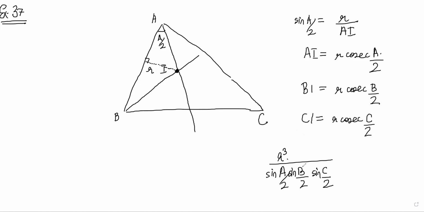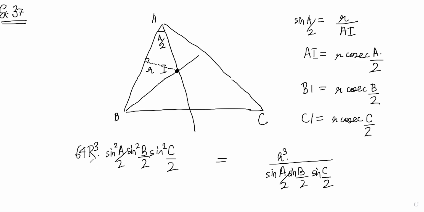Okay. And we have to prove it is ABC and all. So first thing to do is, r cube we have to replace with something. Using the formula r = 4R sine A by 2 sine B by 2 sine C by 2, you'll get 64 capital R cube, right? Yes. 64 capital R cube, and you'll get sine cube, sine cube, sine cube divided by sine, sine, sine. So you'll be left with sine square A by 2, sine square B by 2, sine square C by 2.